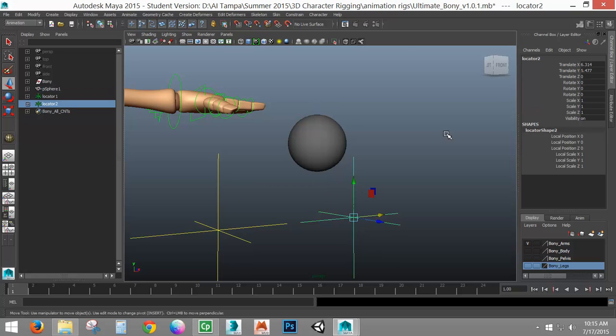This is my starting point. So I'm going to call this locator world, and then just LOC for locator. And then the second one is the target of where the ball is actually going. And again, the idea of a character picking it up, this is going to be in my character's hand. So I'm going to name this one hand, LOC for locator.